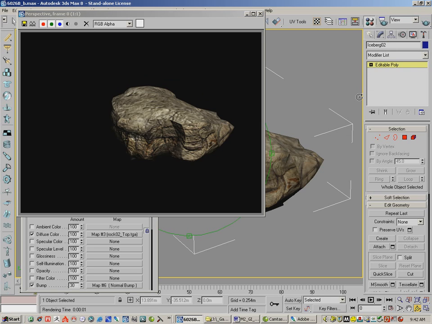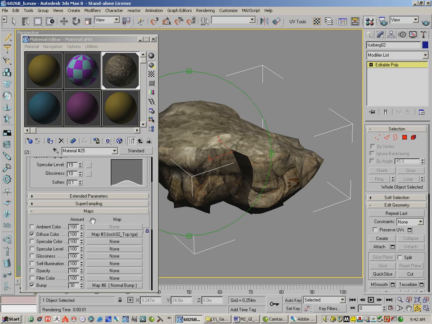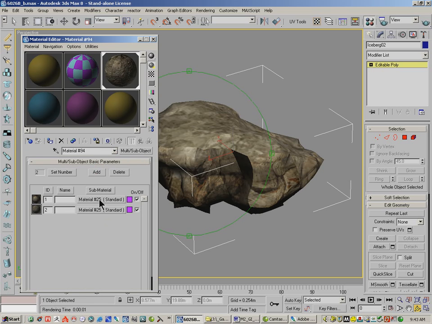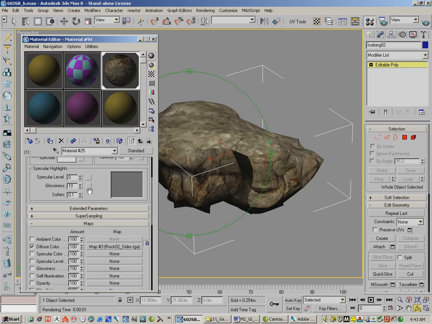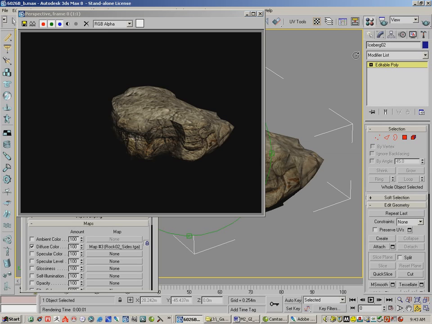I don't like that specularity. I think I'm going to turn the specularity off. I can do a better job with the lighting later, I think. Yeah, looks a little bit better with the specularity off. But our rock's all done, and I'm going to go ahead and use this in the final scene. So you'll see it back again once we get